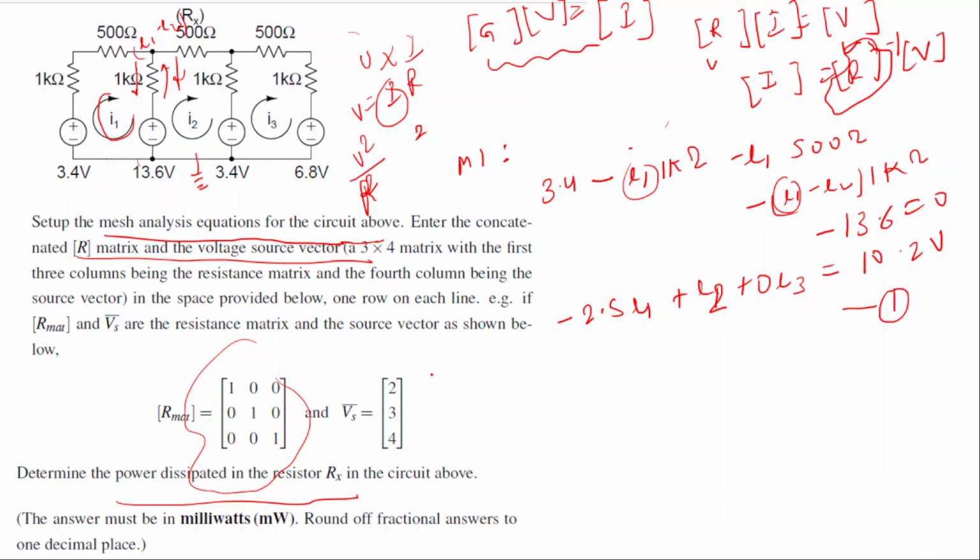Similarly, in the case of mesh 2, let's call it M2, we will write the equation similar to the previous case. We will start from here, and go along the direction of I2. If we move here to here, we get the,